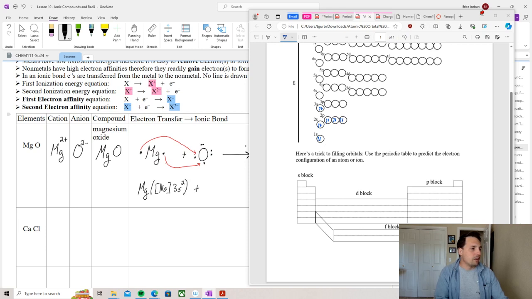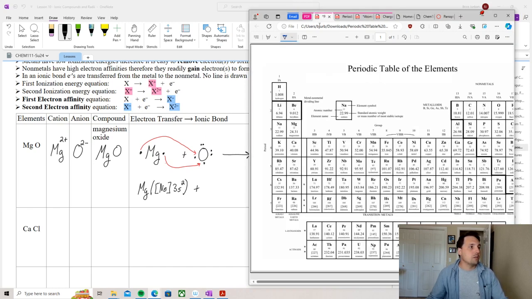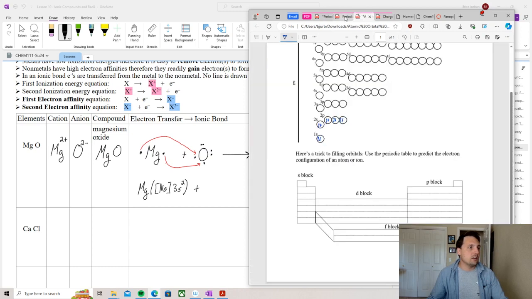So magnesium has the electronic configuration of neon as its core electrons, and then its valence electrons are in the 3s2. When oxygen is combined, so oxygen has, let me just look it up. It has 8 electrons,